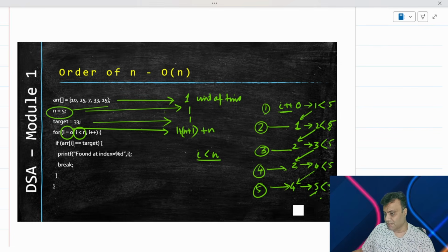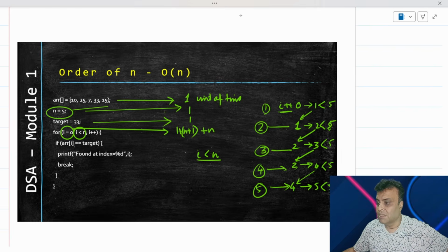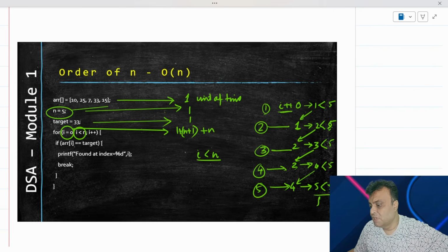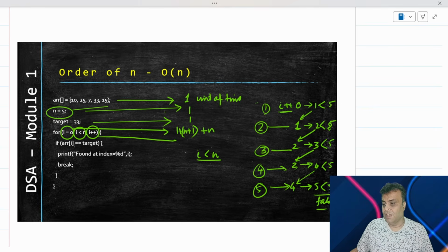So basically this last line which returns false is here, right? What we have established is that this becomes false, and because it becomes false, this will exit the loop, right? But it has increased itself 5 times, and hence what we are saying is that this particular line will execute itself n number of times. So that's what we have written here. This particular line executes itself n number of times.